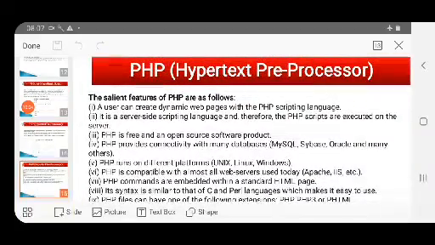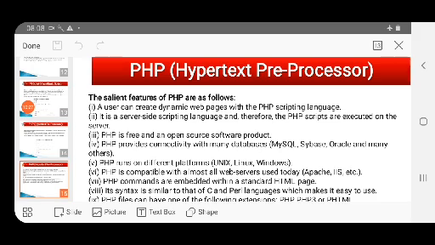Now what are the features of PHP? Let us understand. It can be used for dynamic web pages with the PHP scripting language. Then it is a server side scripting language, and the scripts are executed on the server.